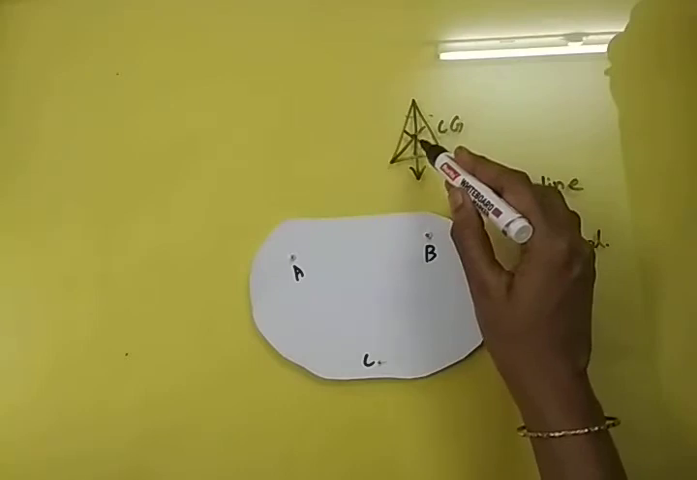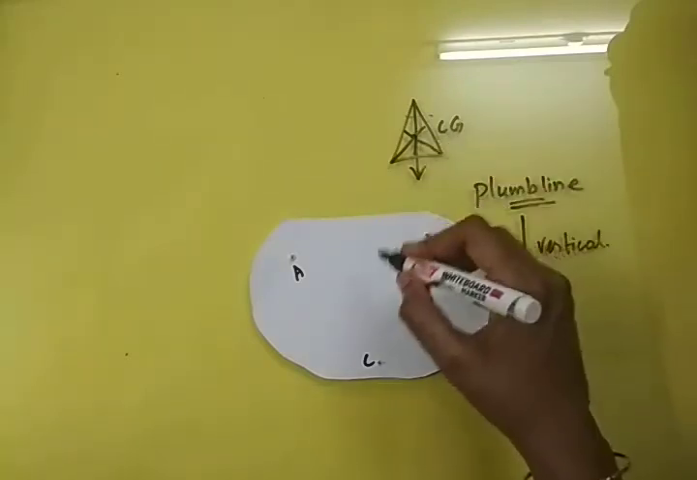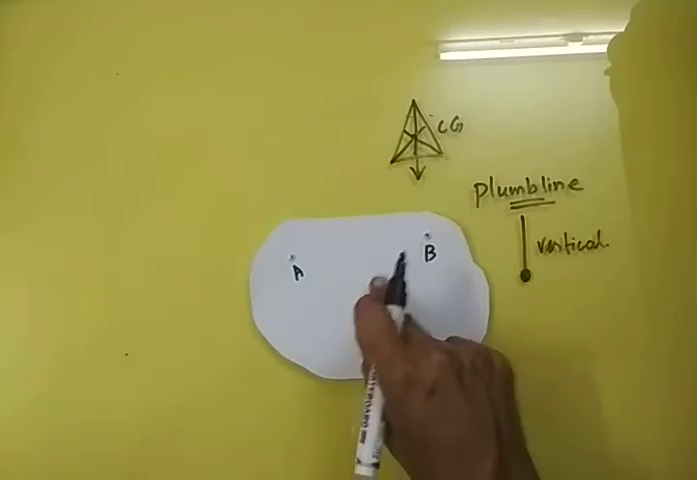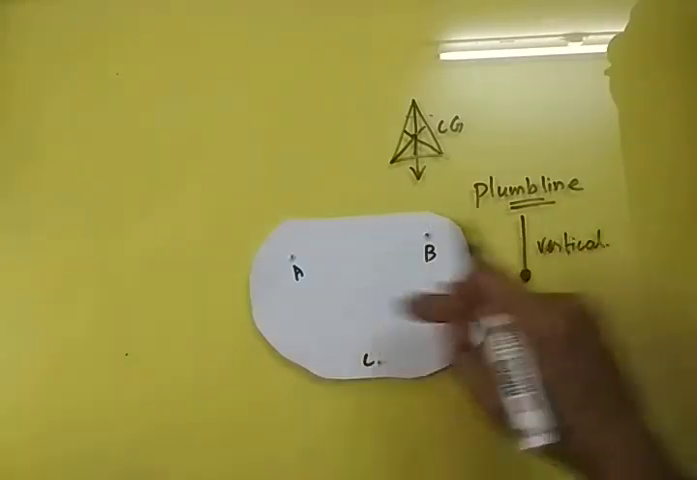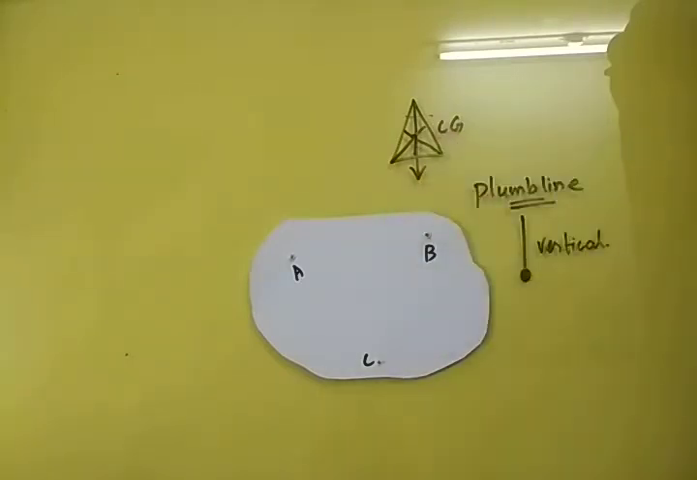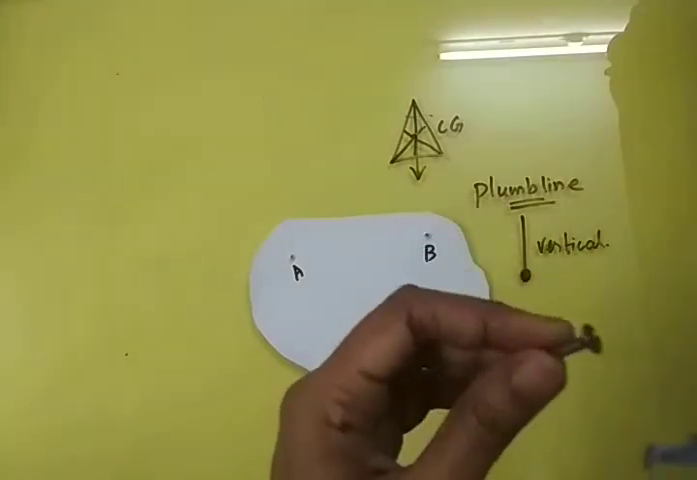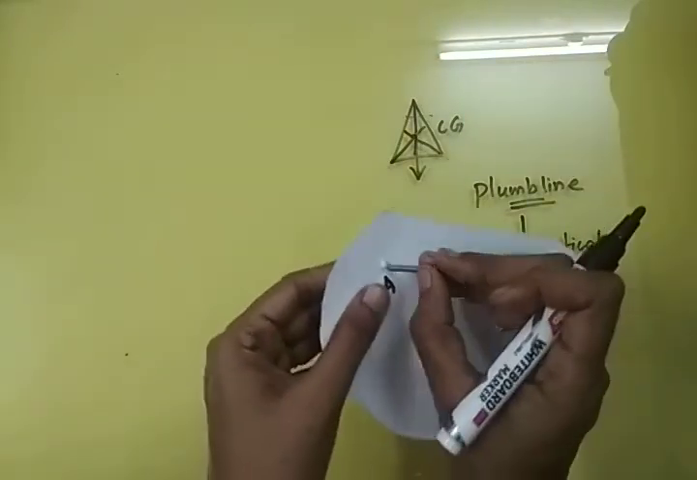So we know that the weight acts downwards. We are just going to find out the center of gravity of this irregular object by knowing the line of action of the weight, right? So the line of action through which the weight of the body acts. We are going to hang this plumb line using a nail. So I have a nail. I am going to hang it through this hole A,